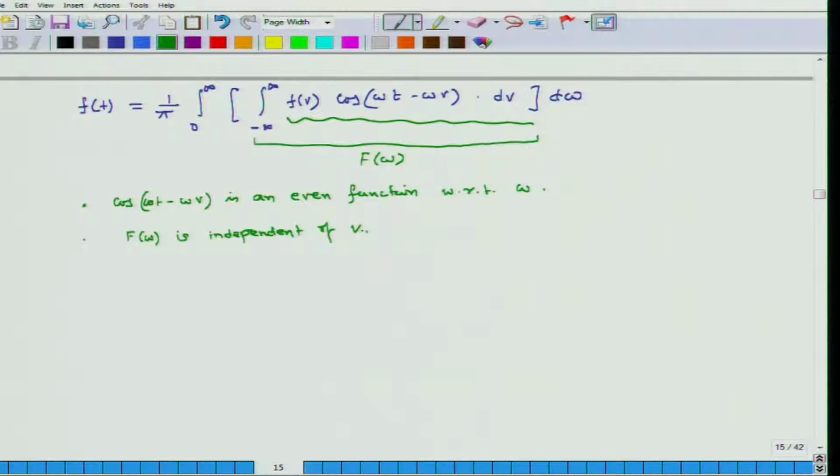It is independent of v, and from these two I can say